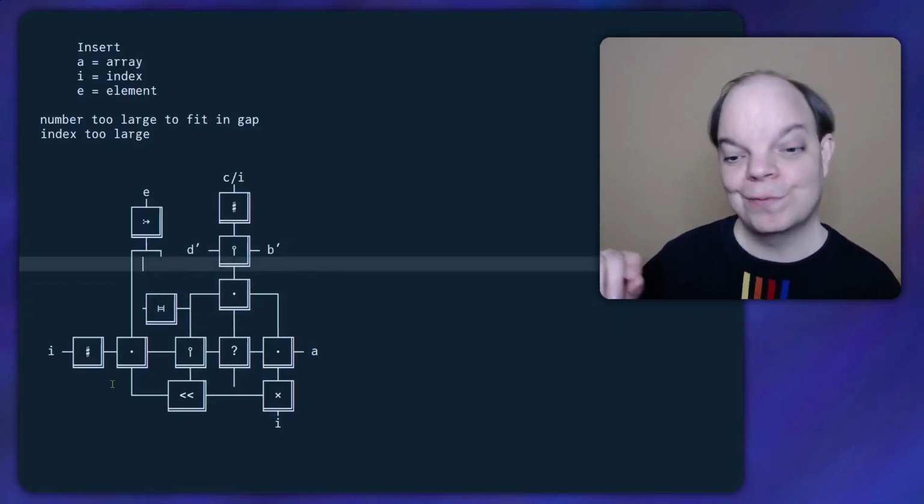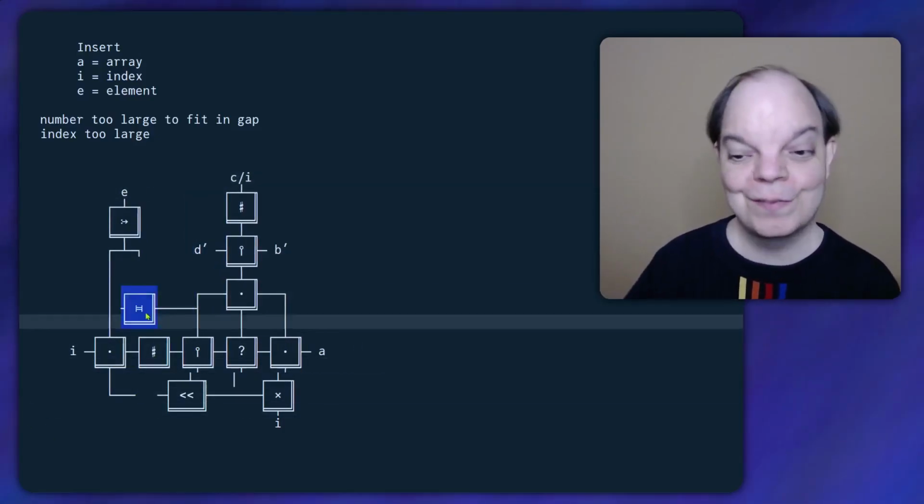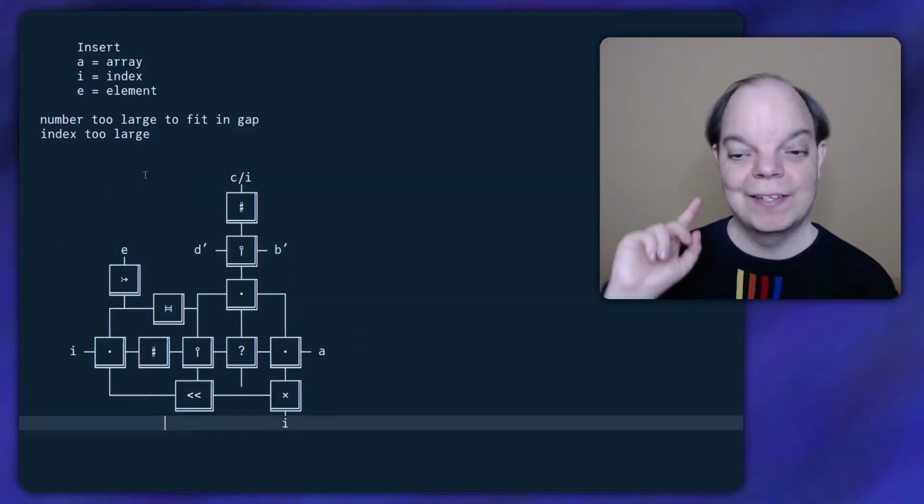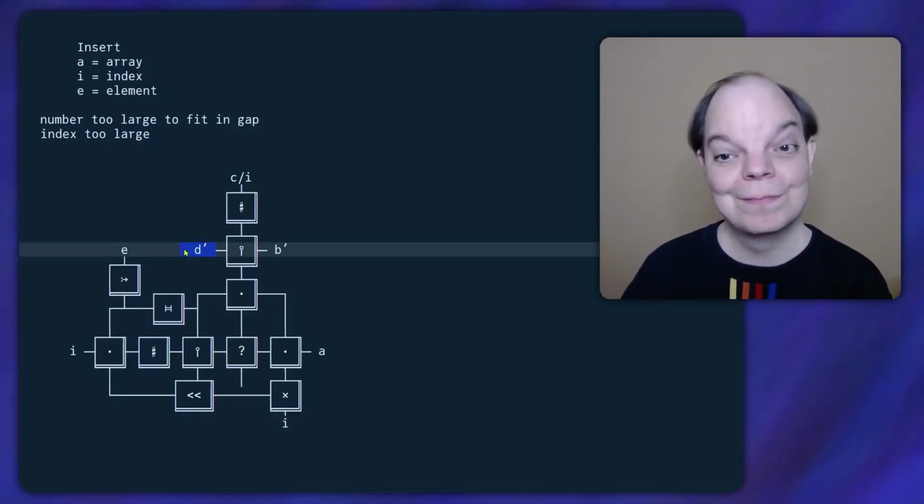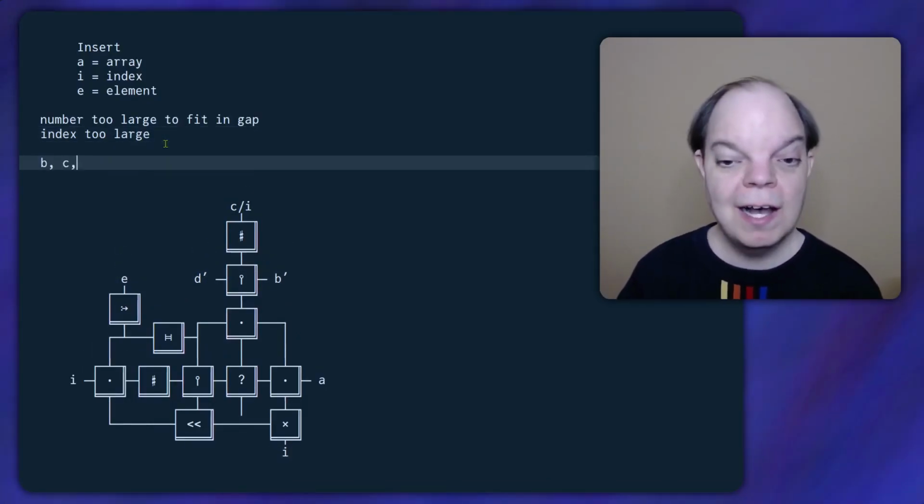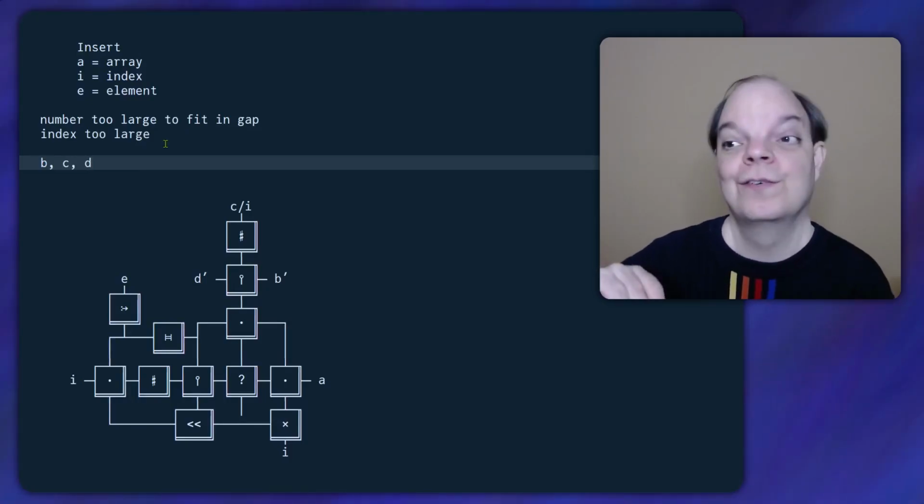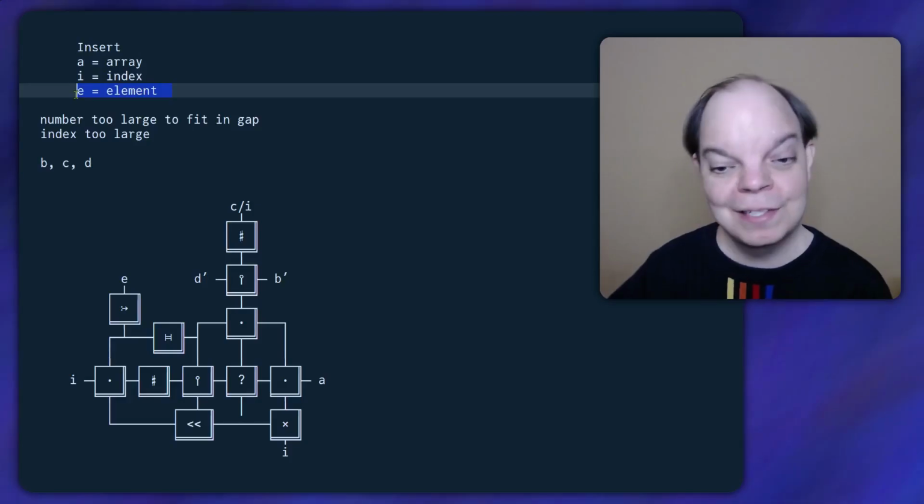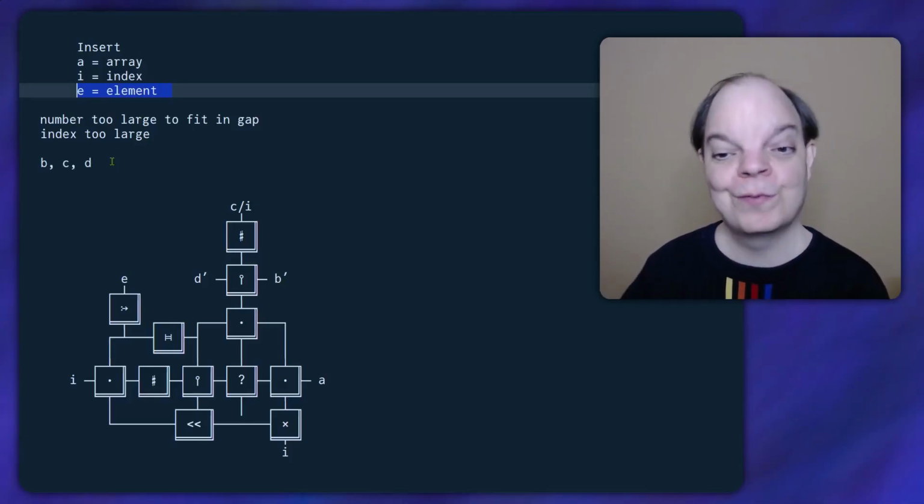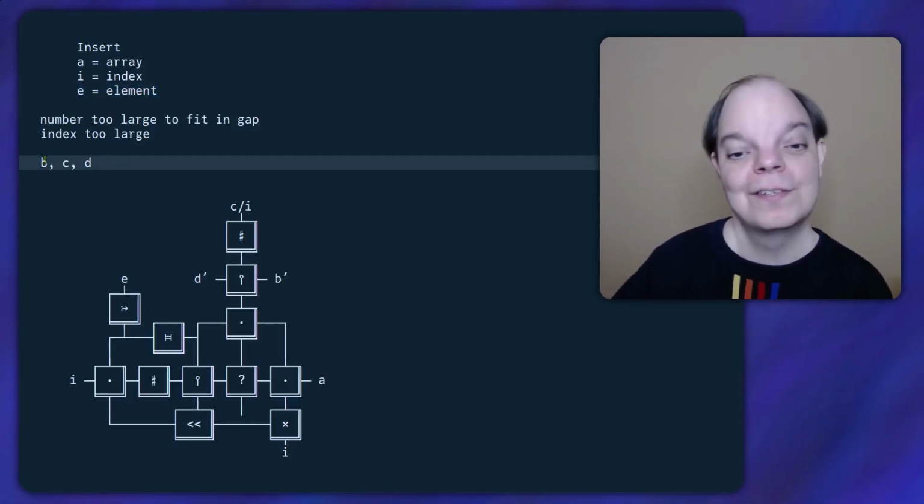Let me quickly rearrange a few things to make more space for that d prime. Alright, now let's think about what our d prime wants to be. Let's assume that we already have b, c, and d for a hypothetical array where the element does fit. In other words, let's assume that we've already fixed the bit length so it can accommodate the new item, and